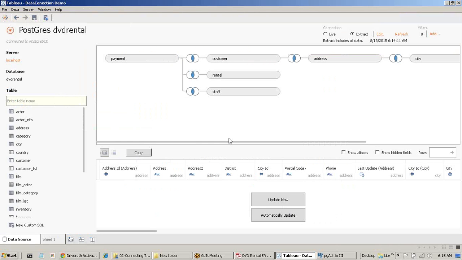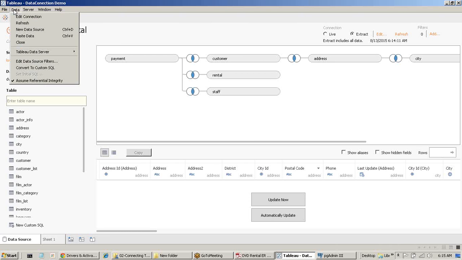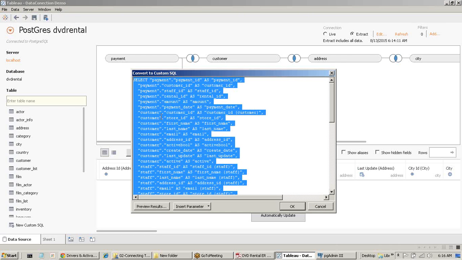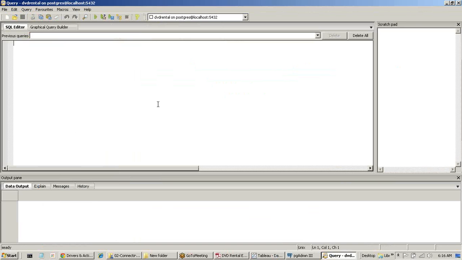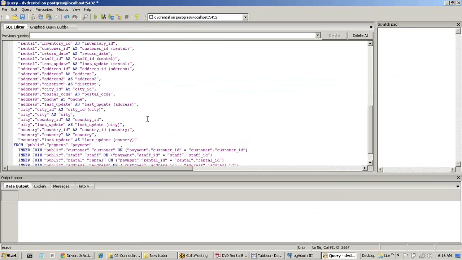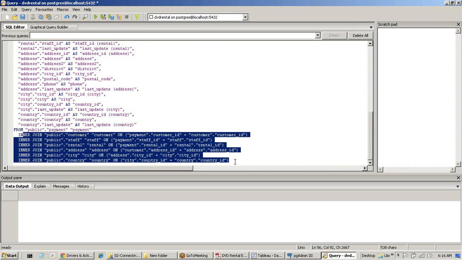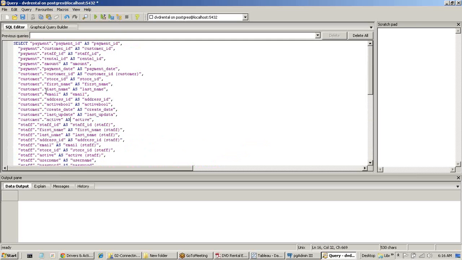One more feature is if you don't want to create a data model and you have a select statement, right? So you are working with your database and you have a very complex select statement. You just want to use that as your source. Okay, it's very easy. Okay, so I can just use data and I'll just convert to custom SQL. So let's say you have this SQL with you. Okay, you can say there's an inner join and on this, so you can have very complex logic. So this statement was with you,